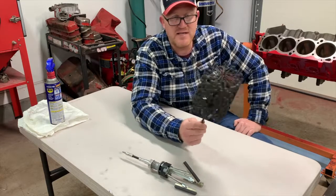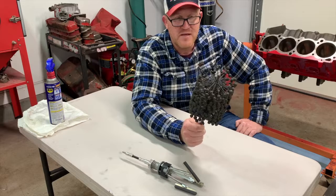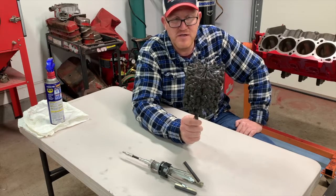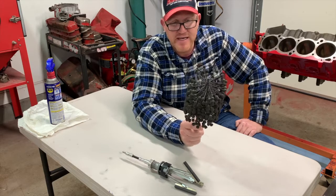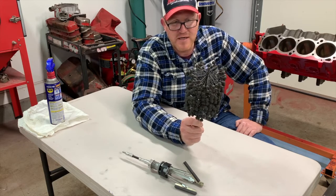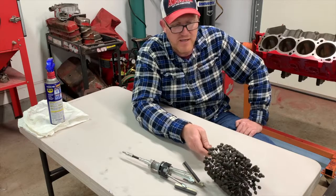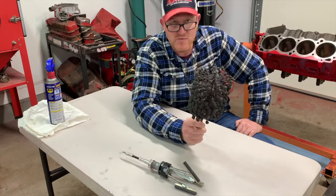So this is your basic dingle ball hone. You can buy these for just about anything. They are generally sized for what you're trying to work on, so you don't want to get a hone for, like, say, a big block Chevrolet and try to use it in a 283. It's going to be quite a bit tight, and it'll cut really fast. But the dingle ball hone, a lot of people think that this is the normal style hone that you would